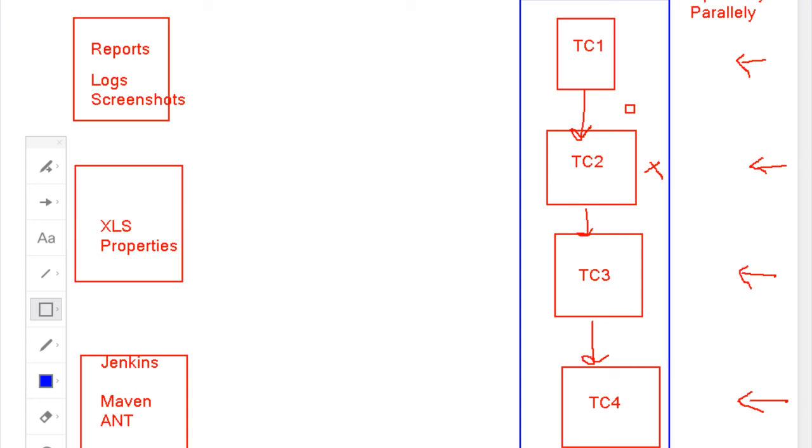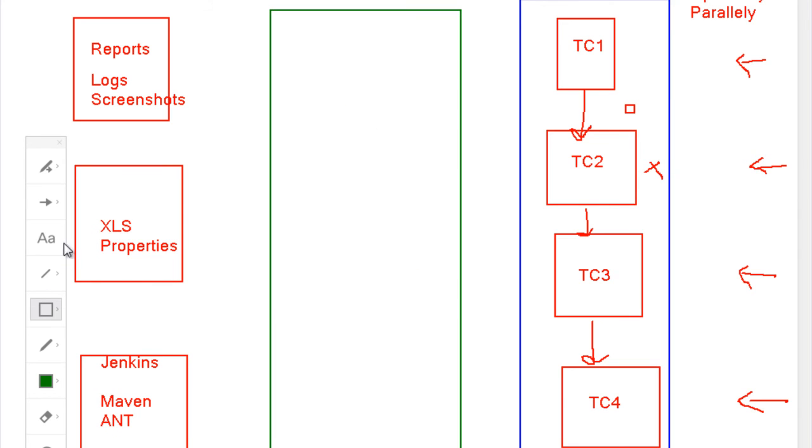Selenium will never run the tests, invoke the tests in parallel, or run the test cases optionally or in a batch. To achieve all these things we use a centralized controller. This controller is known as the TestNG framework or the JUnit framework, or people also use BDD, Cucumber and Fitnesse.